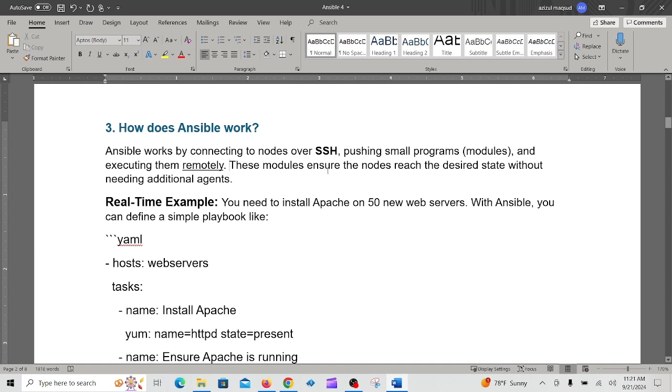These modules ensure the nodes reach the desired state without needing additional agents. So this is agentless, right? These small program modules ensure the nodes reach the desired state. Maybe you now need 200 EC2 instances, so the desired state is 200, without needing additional agents. Real-time example: you need to install Apache on 50